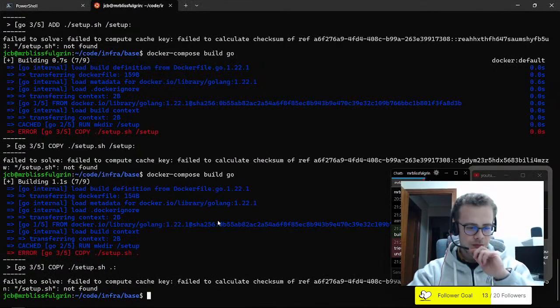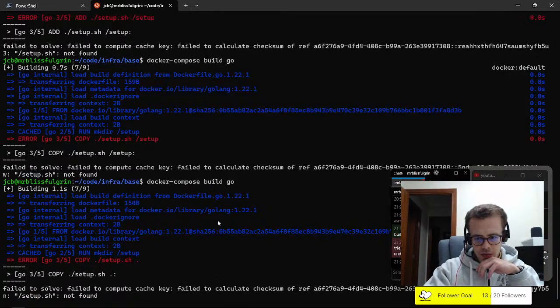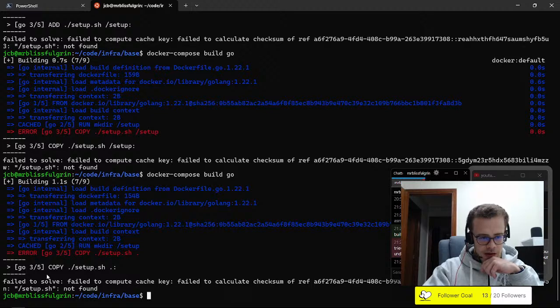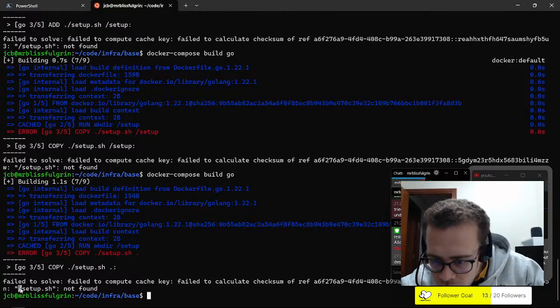Okay, so it's utterly and completely refusing to copy that file. The thing that bothers me is that the path that it shows for what